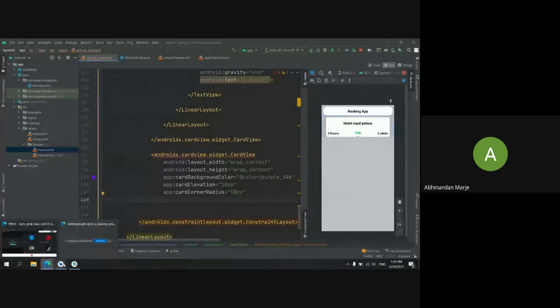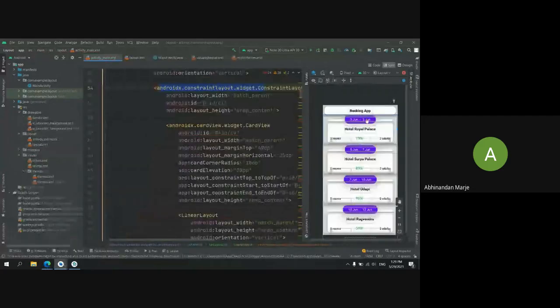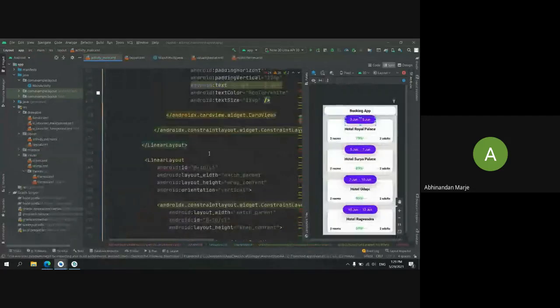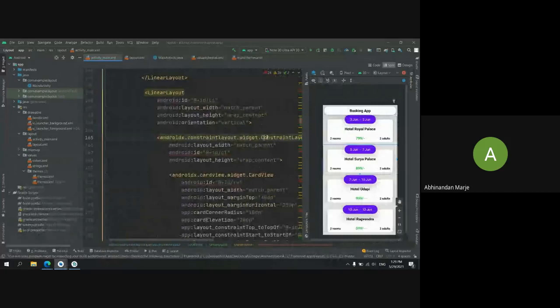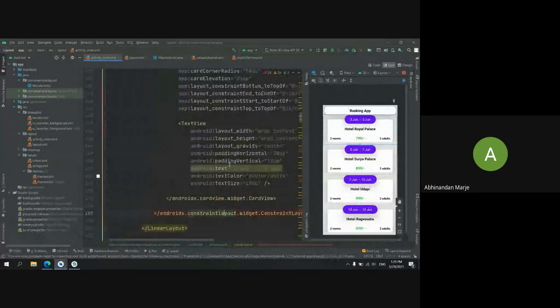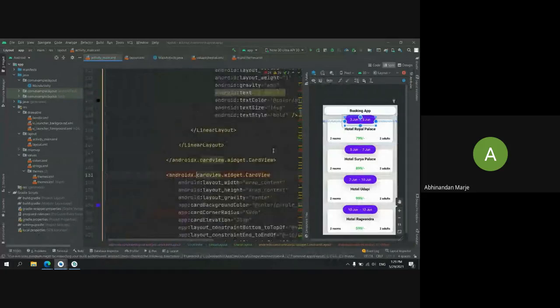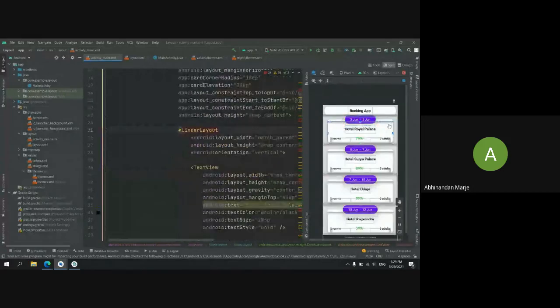You can see, let me open the card view. Yeah, here is a card view of that layout. You can see these two, the right side and the left side constraints are going to the parent, but the top and the bottom are going on this card view top, because I want it on top of it.